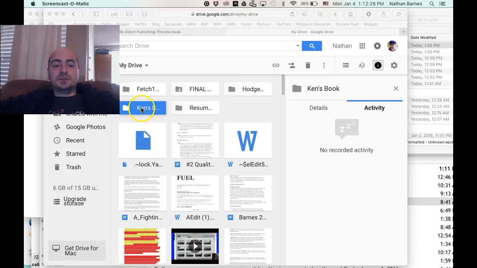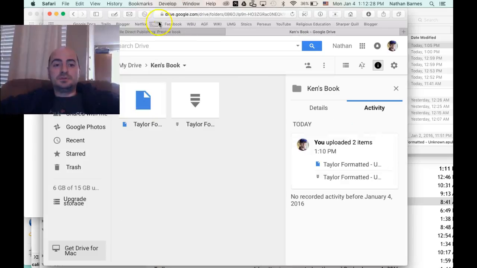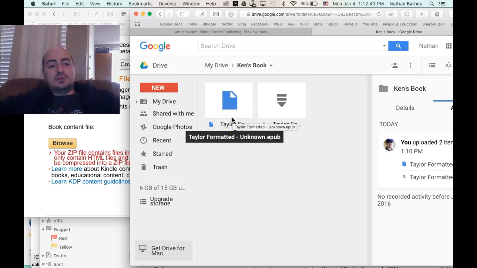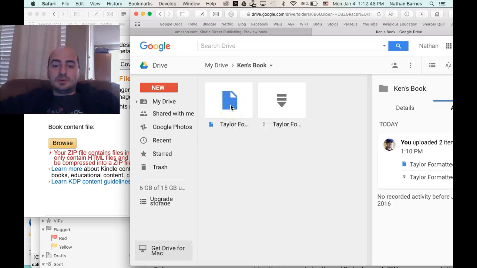So first thing I'm going to do is send you a link to your book. This is using the cloud. So all you got to do is download it. You need to download the EPUB version. So I'm pointing at it, but you can see it says unknown.epub, which just means ebook, e-publishing platform. So I'm going to double click on that,